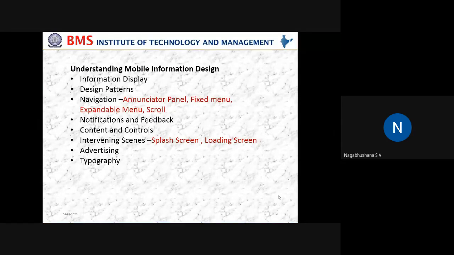And last but not the least is typography. Typography is actually a central focus for every app that has textual content. Here the font used in any design is very, very important to attract the user throughout the mobile application.